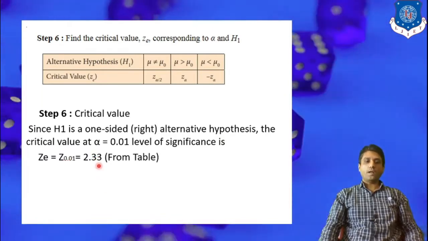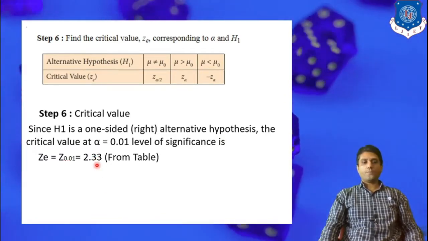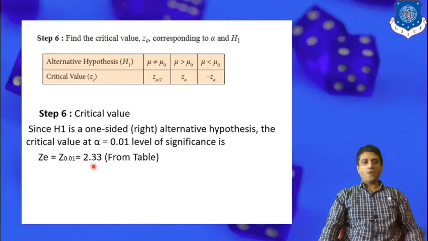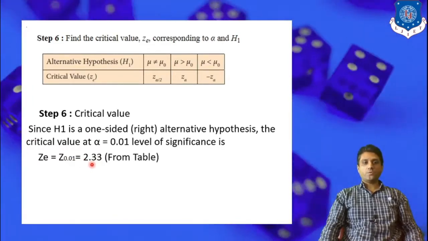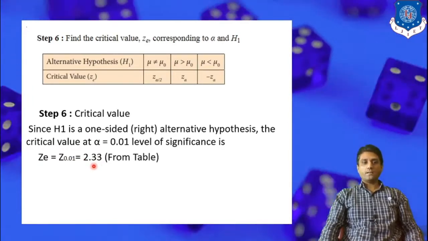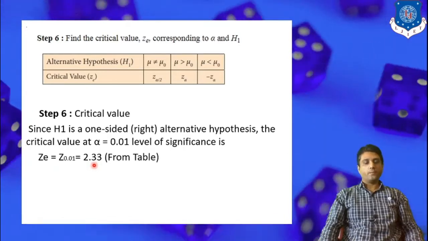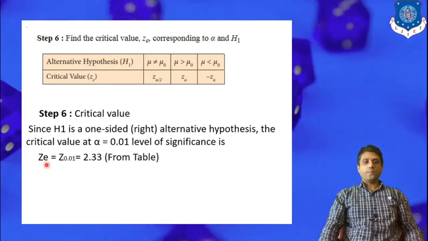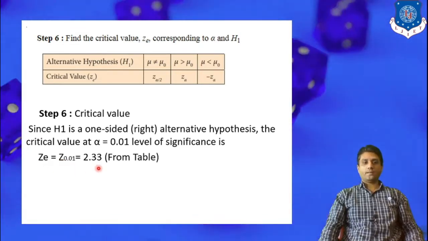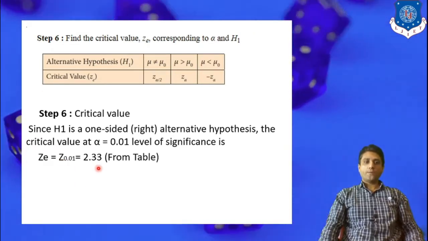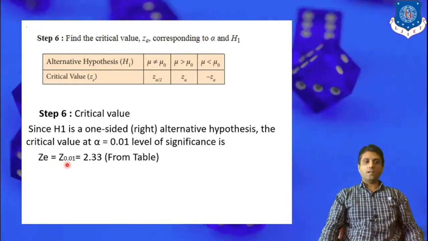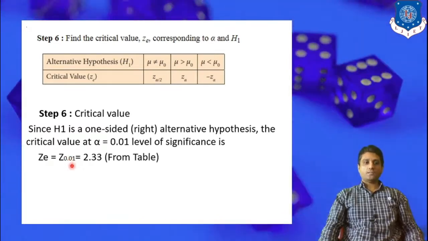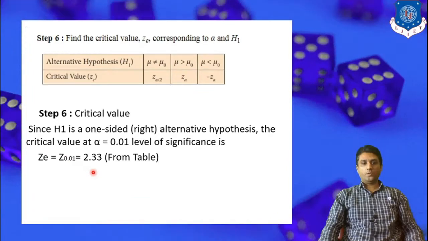If you have any query, then go through our previous lecture and see how we can find this critical value of Z from the standard normal table. So precisely in this example, the experimental critical value is 2.33. So we have obtained the observed critical value as well as the experimental critical value.